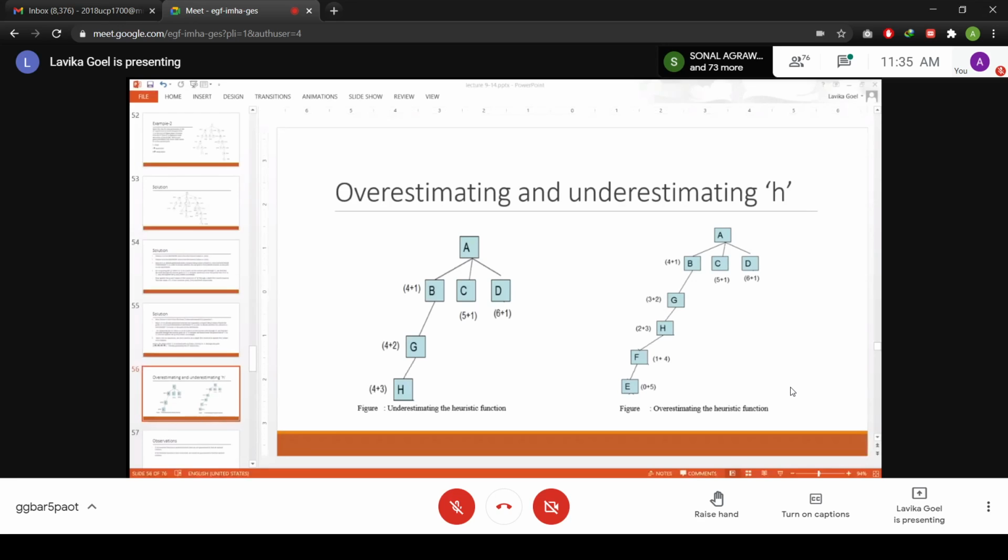Okay, so basically I have underestimated this heuristic value as a lower value. So let us say it was some more moves away from the goal state, but I have assumed that it is only 4 moves away from the goal state. Okay. So in that case, if I proceed further and generate the child, which one will I select from B, C, and D? I will select B. Why? Because actually we are not moving towards the goal state. We are assuming that it is only 4 moves away from the goal state. But actually it was more moves away from the goal state. So in that case, I have underestimated this heuristic value as a lower value.